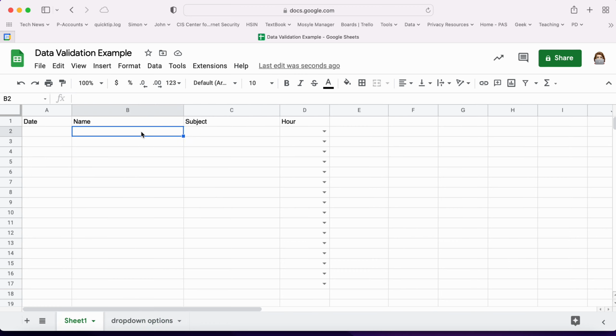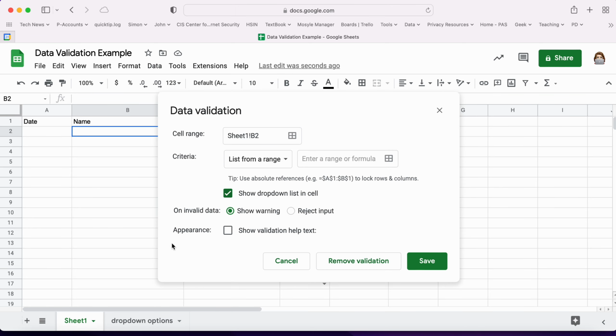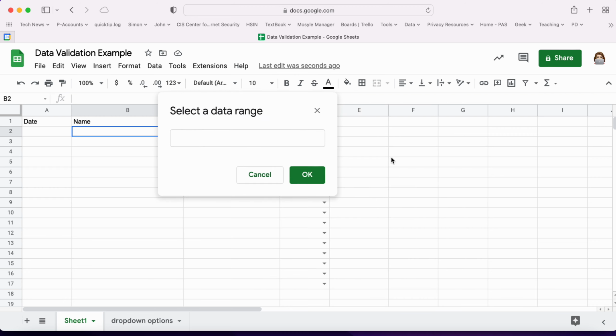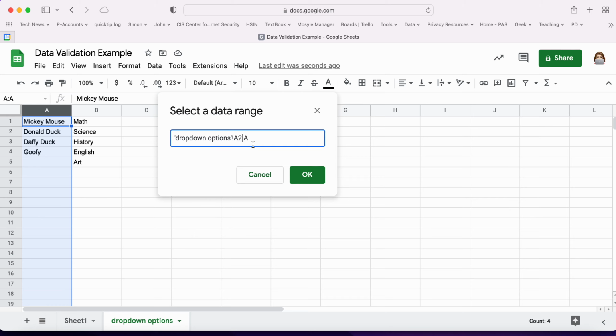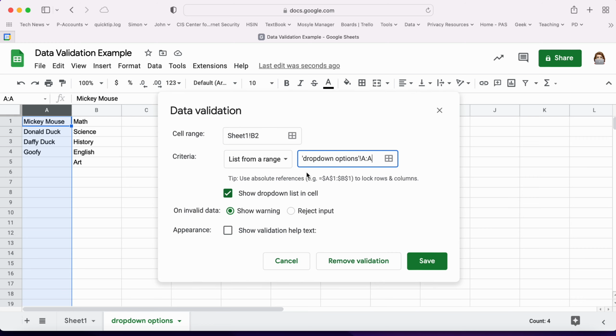But what I'm going to do is click on this cell, go to data, data validation, and this time I'm going to do a list from a range. And I need to enter a range or a formula. So I'm going to click this little icon here that looks like a window to select my data range. And then what I usually do is just actually click in the sheet and then click the column, and it'll automatically fill it in how it needs to be typed. So here I'm doing column A. Now, if you did have headers, you would just simply say that you want this to start on A2. But I don't have headers, so I'm going to do all of my column A and just say okay,